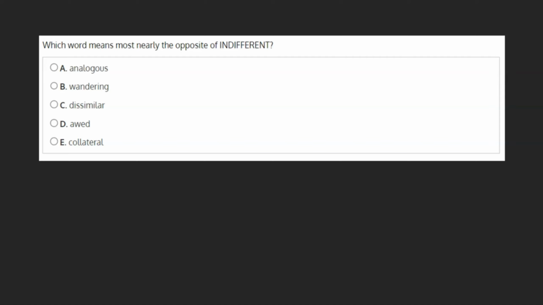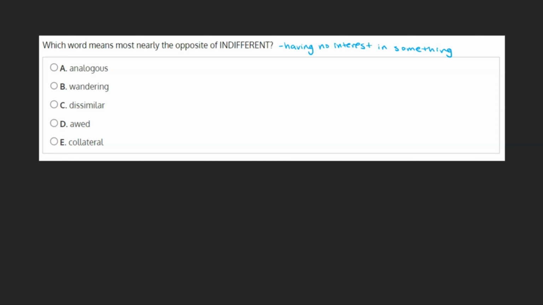Which word means most nearly the same as indifferent? A. Analogous. B. Wandering. C. Dissimilar. D. Odd. Or E. Collateral. As indifferent means having no interest in something, let's try and locate the word whose meaning is most opposite